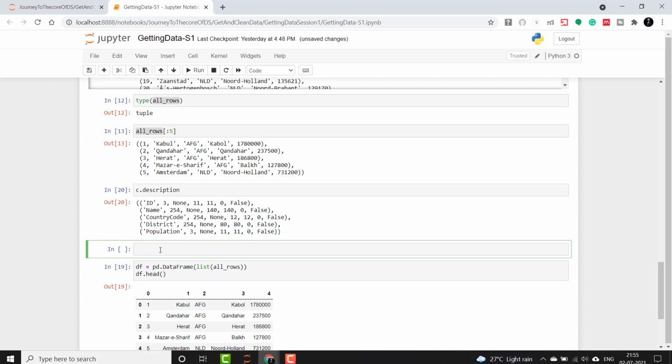In order to do that, we will write a list comprehension in which we will iterate the cursor description. So I will take this and I will iterate it using for i in cursor.description, and I will take the first index, which is the column name from it, and name it as fields.